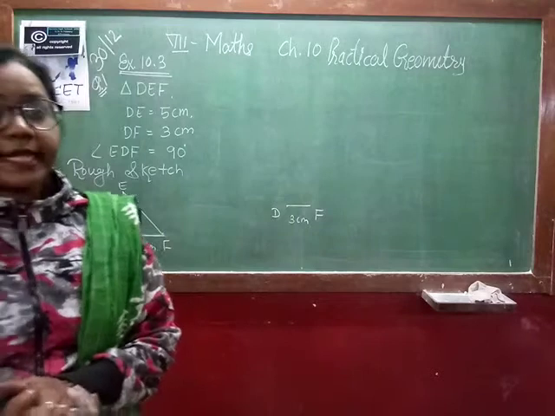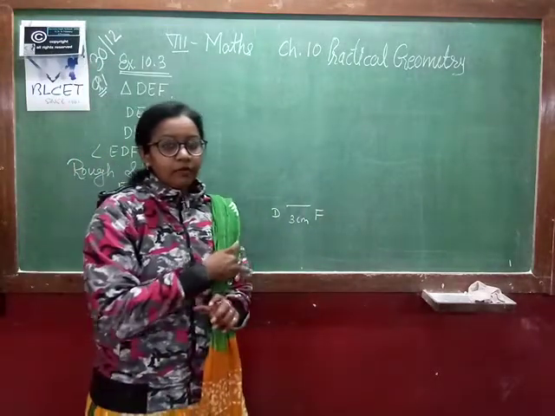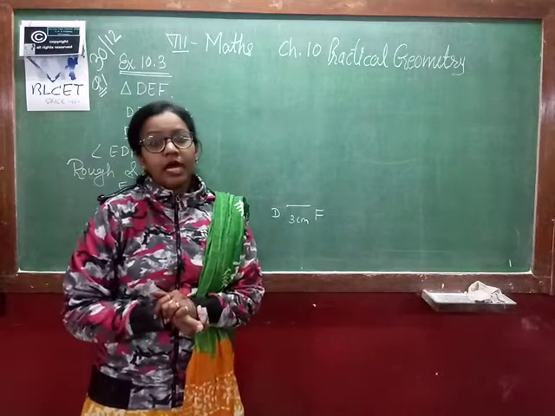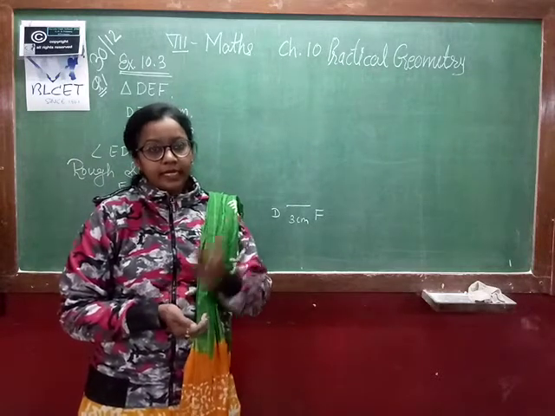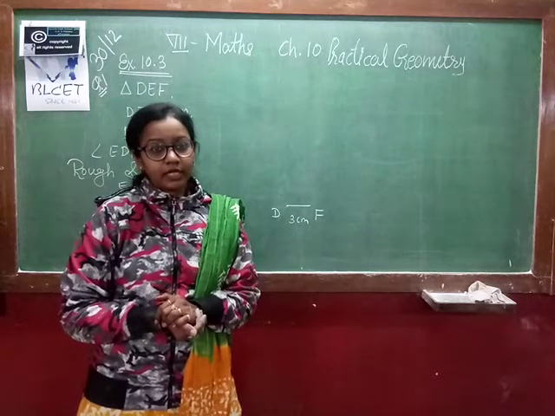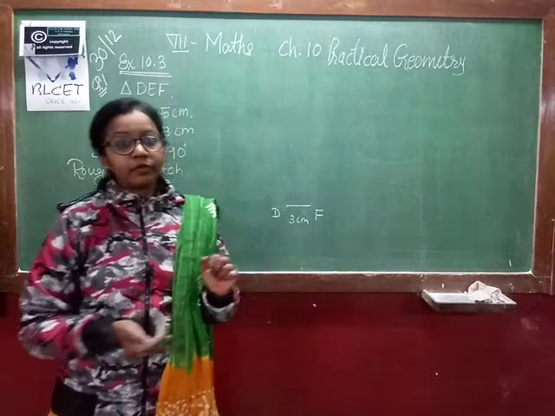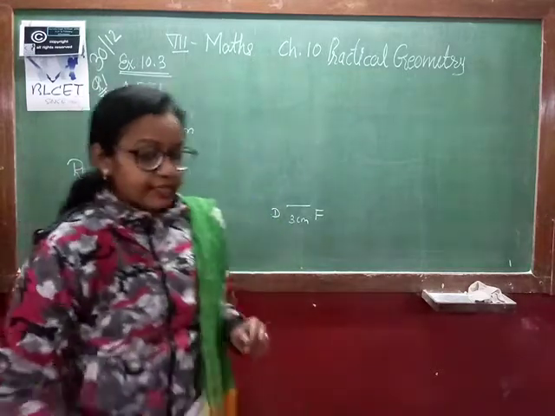It is very easy to draw 60 degrees. Then again we have to draw 60 degrees. Now if you want to make a 90 degree angle, 60 plus how much do you have to add? 30. So the first 60 remains as it is, and the second 60 you have to bisect. So let's see how you will do it.